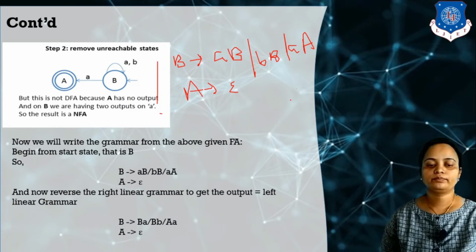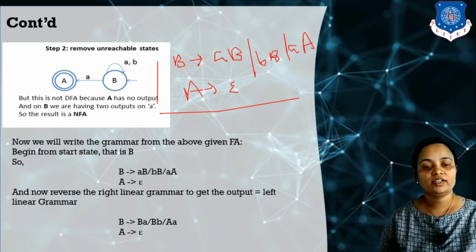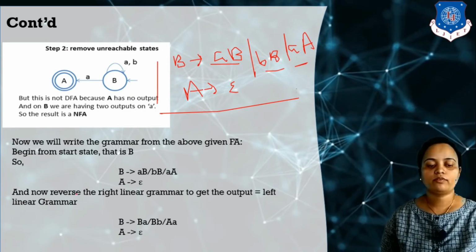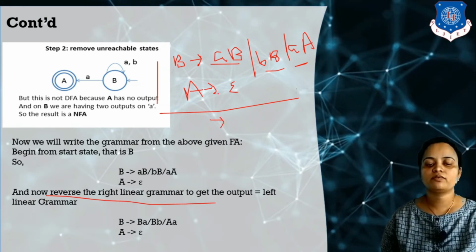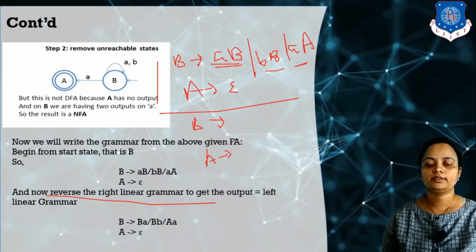This is the right linear grammar, but we have to write down the left linear grammar, so we have to reverse these productions. It means that we have to reverse this right linear grammar. So reverse means we have to write down the reverse production of this, like B, these productions are the same, but we have to write down this reverse. So B, A, capital B first, small b, capital A, small a, and null, like this.